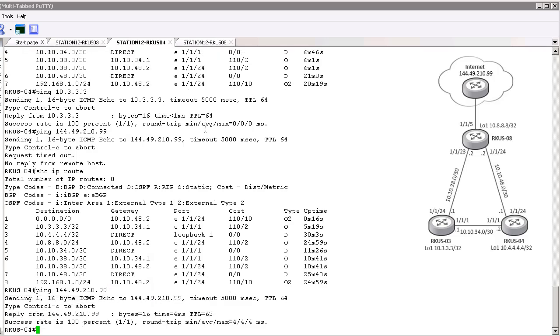Now devices should be able, in this environment, to reach the internet as well as have adjacency routes from OSPF's perspective to the other routers within the environment. And I think we've solved the issues that need to be